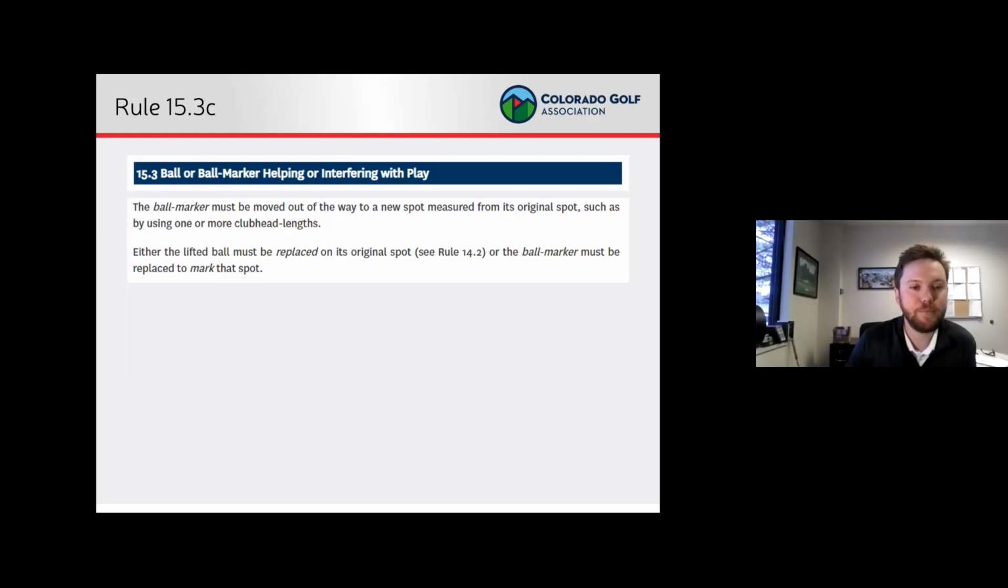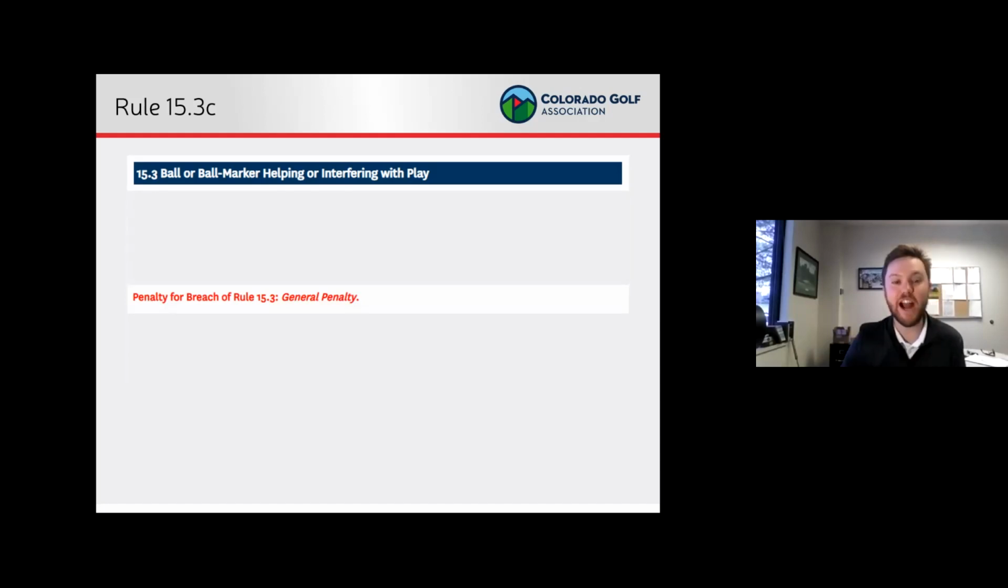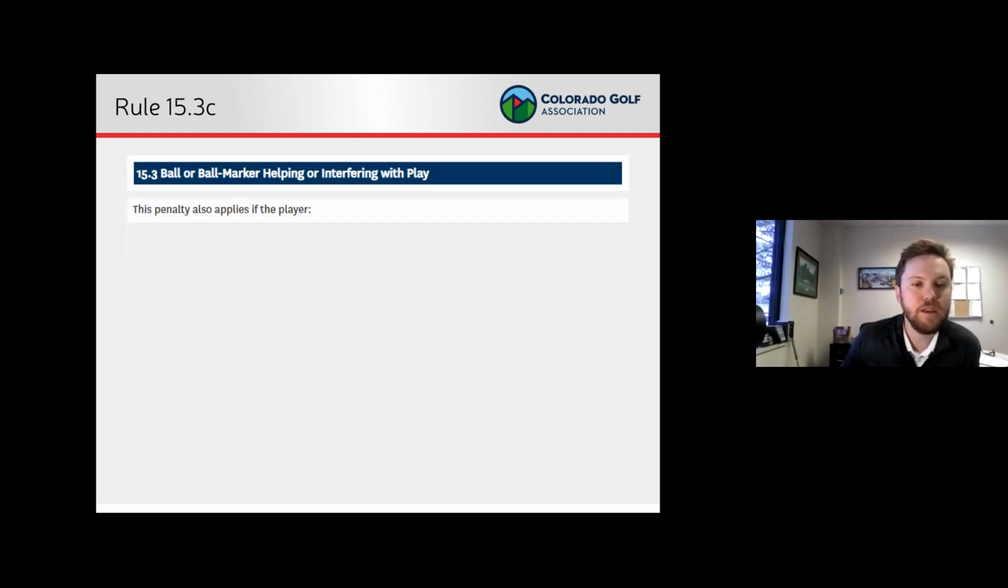All right, and then the penalty for breach of Rule 15.3 is the general penalty, and that's for the entirety of 15.3. That's not just for what we just saw. So 15.3 A, B, and C, the general penalty like we saw for backstopping, which is two strokes in stroke play. So the general penalty is for everything there, and not just A, B, or C, but for all of it. It kind of falls under C, but it goes back to A, B, and C. It doesn't just say 15.3C. It says this penalty, and by this penalty, we mean